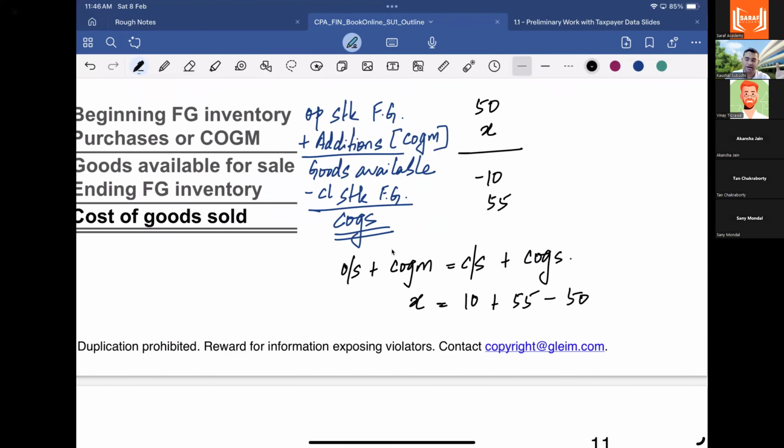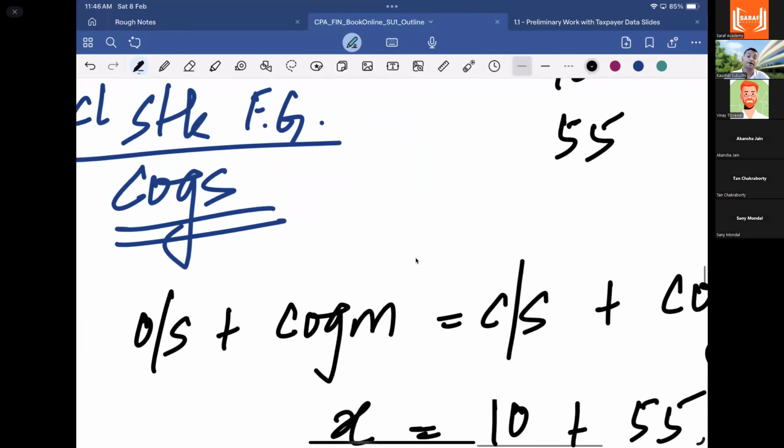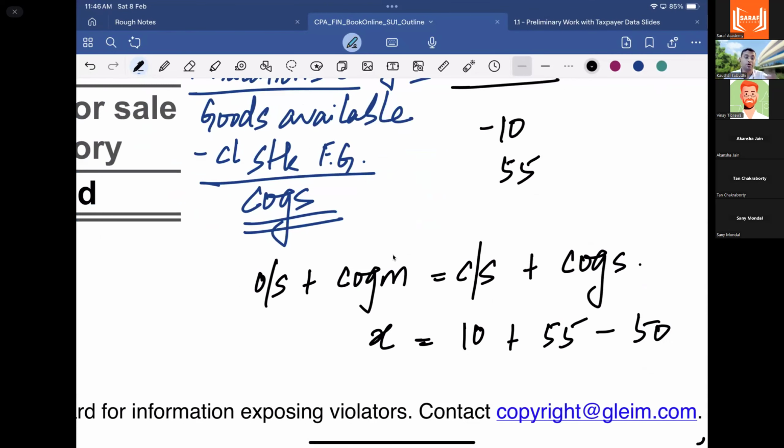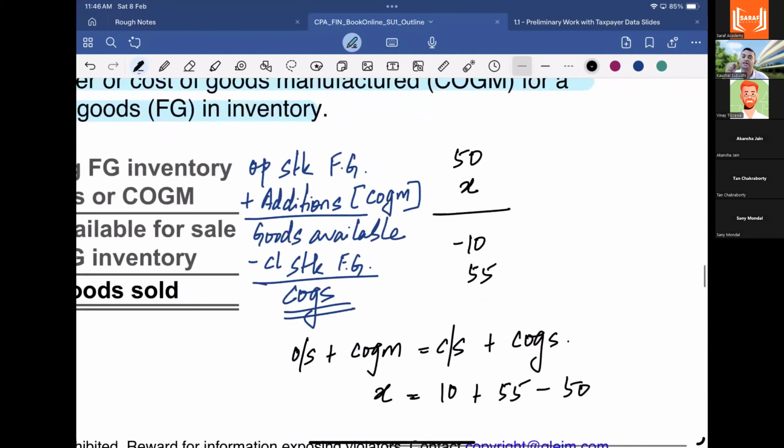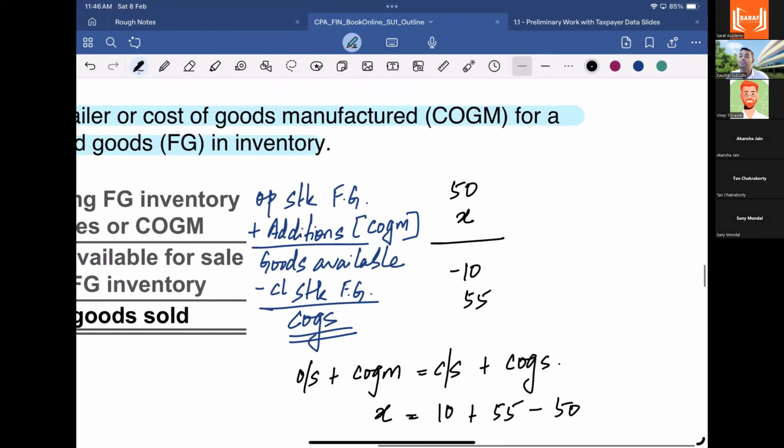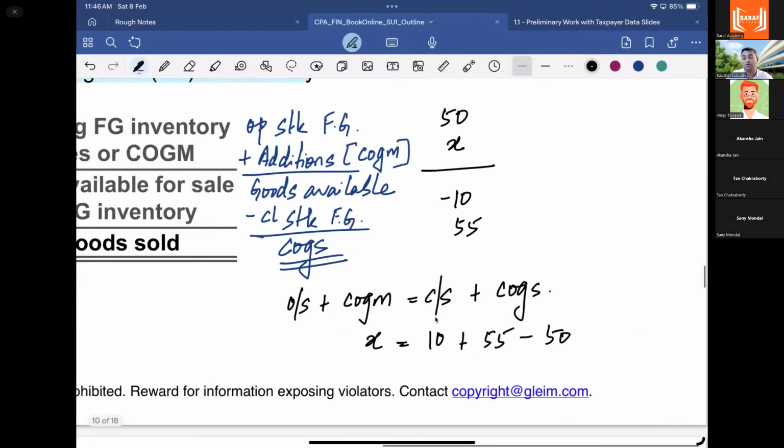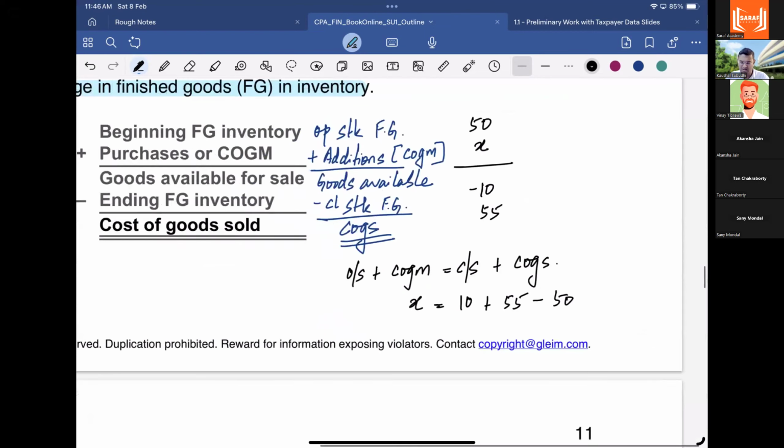वो हर जगह काम करेगा। ठीक है, आप मैन्युफैक्चरर हो तो कॉस्ट ऑफ गुड्स मैन्युफैक्चर होगा। अगर आप एक रिटेलर हो तो आप परचेजेस करते हो, क्योंकि आप रिटेल में हो, तो आपका मैन्युफैक्चरिंग नहीं है। आपके पास ऑलरेडी 50 यूनिट्स था ओपनिंग स्टॉक में, आपने क्या परचेज किया जिसके कारण आपके क्लोजिंग स्टॉक और कॉस्ट ऑफ गुड्स सोल्ड बना 10 और 55। सिंपल मैथमेटिक्स है ये, और कुछ नहीं है।